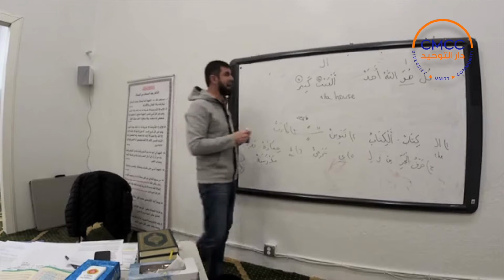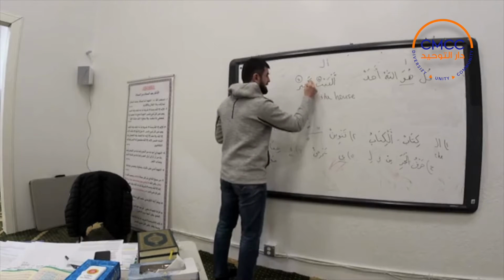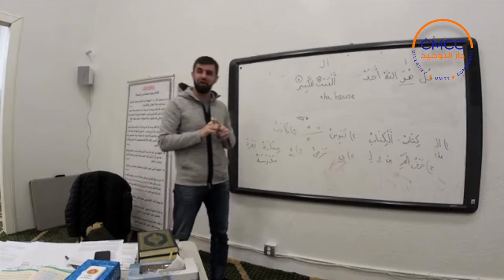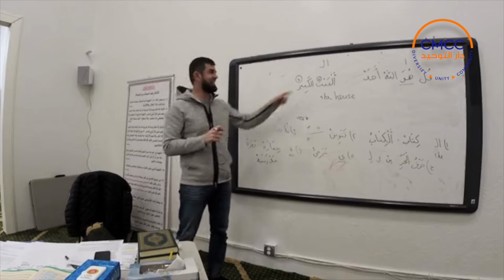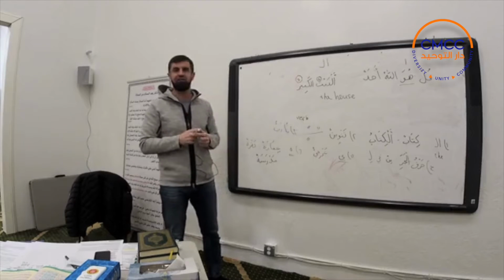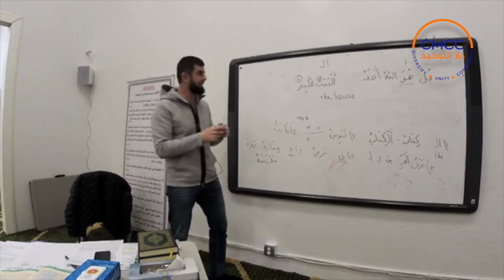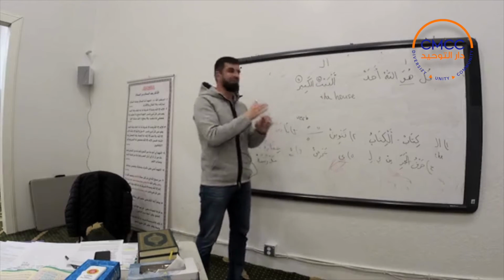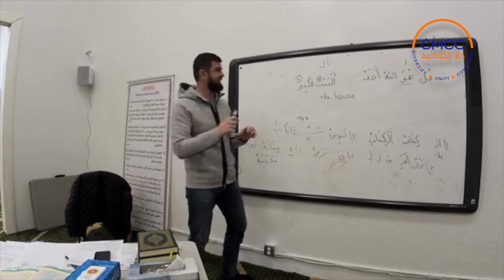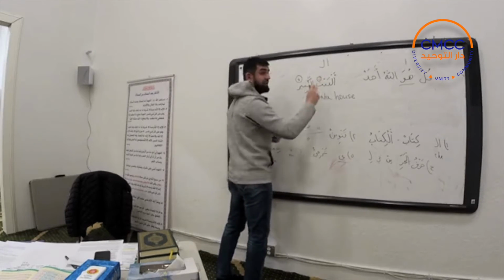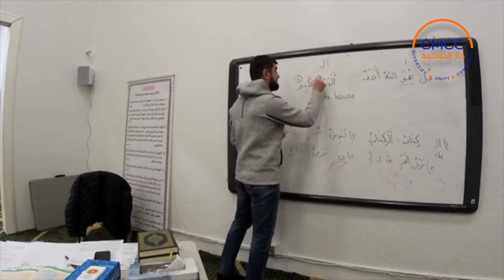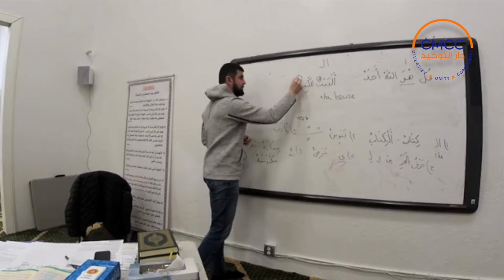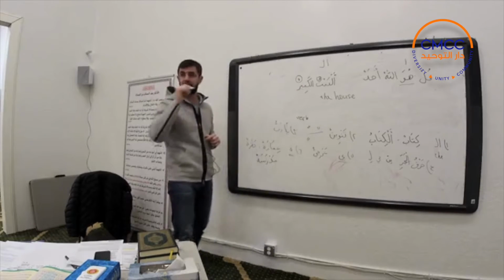So it's going to be al-bayt al-kabiru. But at the same time, the tanween that we talked about as a sign of the ism, it's going to turn into what? It was tanween, but if we put al, it's going to cancel tanween. And in that case, it's going to be damma. Al-baytu, right? Al-kabiru. Okay?